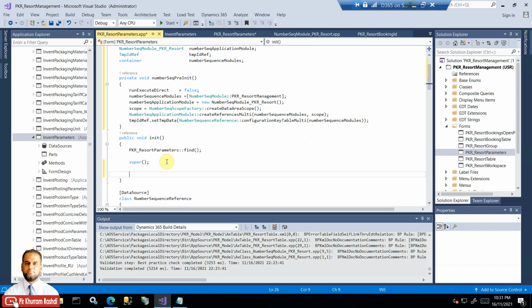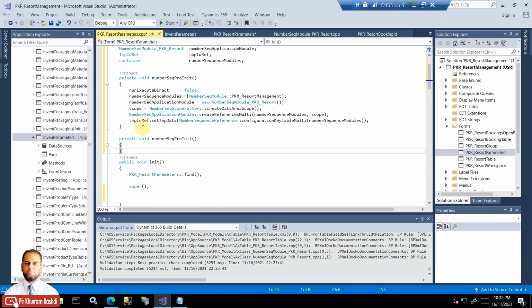So that should run after the super call in the init method. So we can write the post init initialization code as well. And now this was pre, and similarly just copy this and the braces, and name it like number sequence post init,